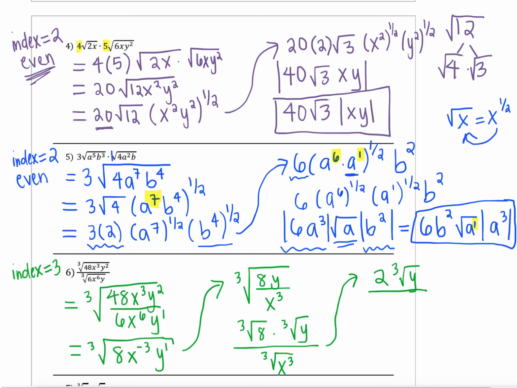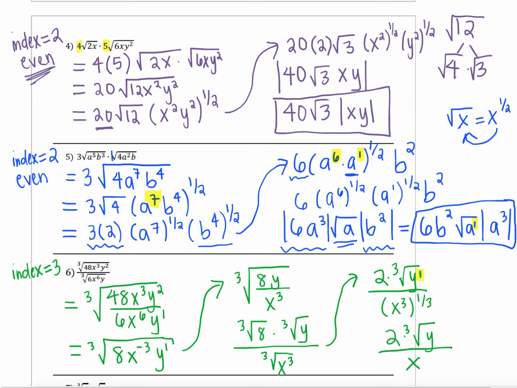Another way to check that is that the power inside our radical is less than the index itself. So since we have a y to the first and 1 is less than 3, that is simplified as far down as it can be. But the cube root of x to the third can continue to simplify, so we can rewrite that cube root as the 1/3 power. We can multiply those and get our 2 times the cube root of y all over